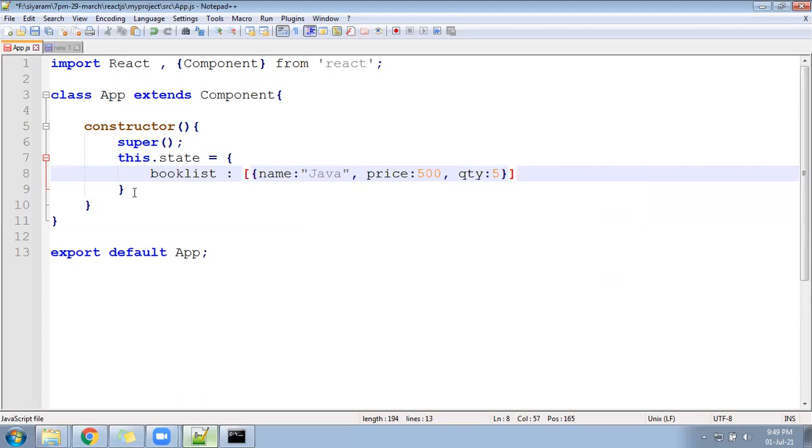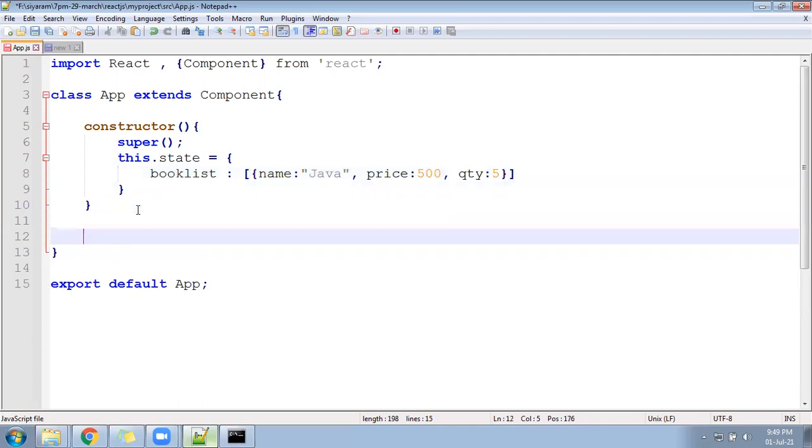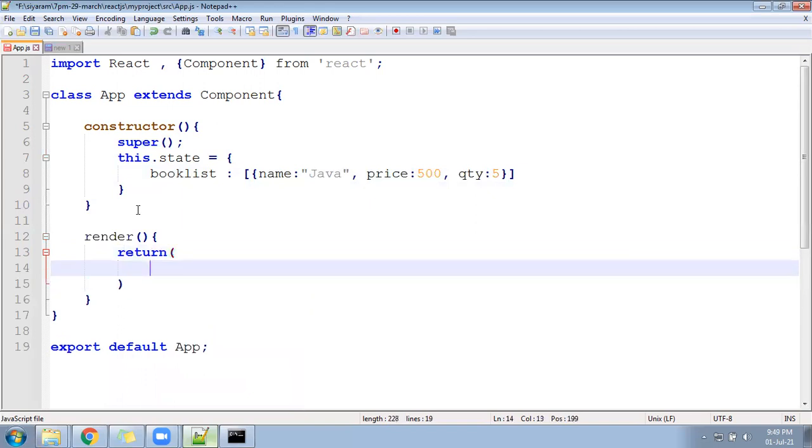Now let me go ahead and display this array and show you. I'll come back below. I'll follow the render method. Inside the render method, I will be writing return. And since I'm following Bootstrap, I will go ahead with the Bootstrap classes.